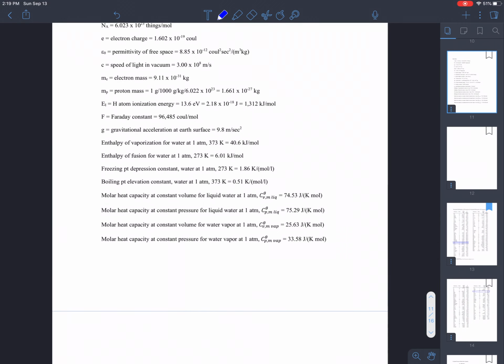You can see there's a whole bunch of numbers here for water, and we're going to need some of these other numbers too before long. We want the molar heat capacity at constant pressure for liquid water. That's the quantity we want right there, 75.29. Notice what would happen if we'd used the constant volume heat capacity for liquid water. It would have been 74.53. You can see they're almost the same. I just point that out because I've been saying all along that for a liquid, CP and CV are almost the same, and now you can see that that's actually true. All right, going back then,